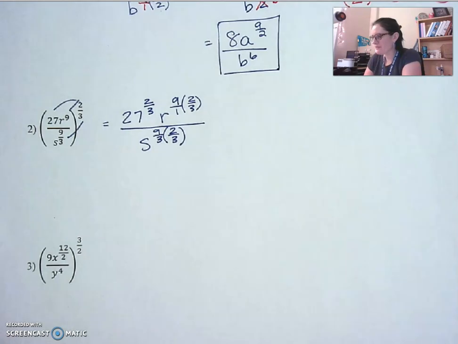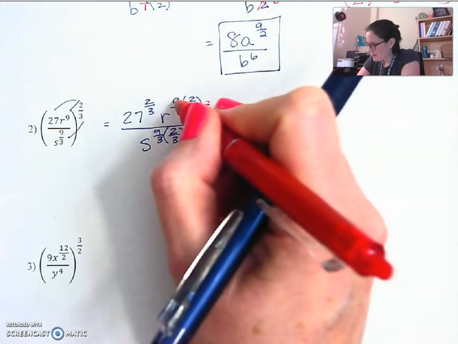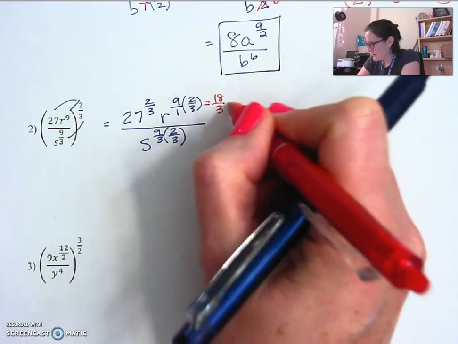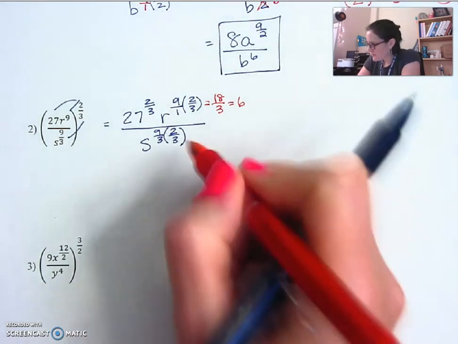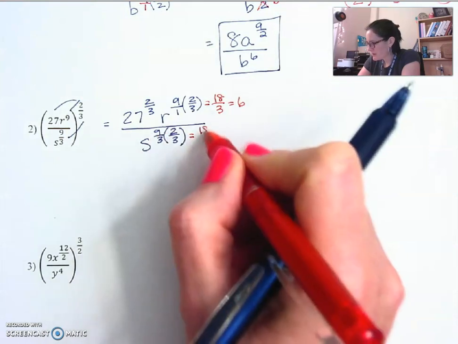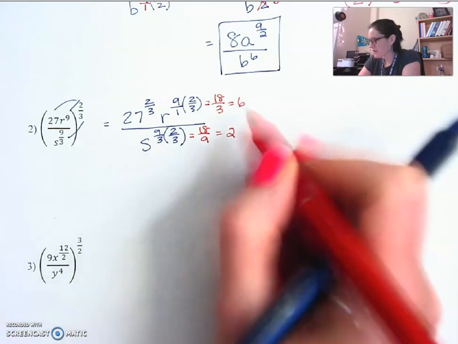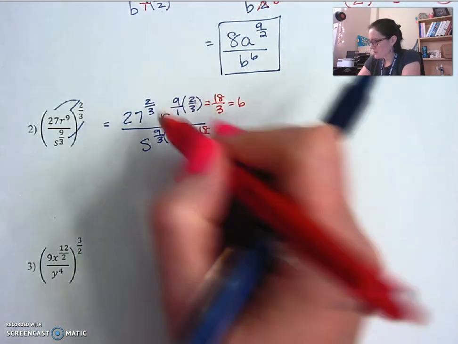So focusing on my variable exponents for just a minute. Multiplying across gives me 18. Across on the bottom gives me 3, and that simplifies to 6. And then this one across the top is 18. Across the bottom this time is 9, and that gives me 2. So my variable exponents are now finished. So let's look at